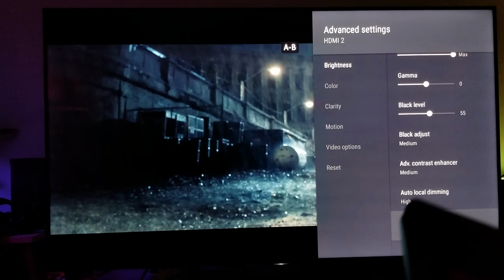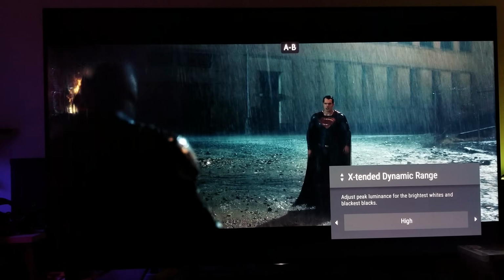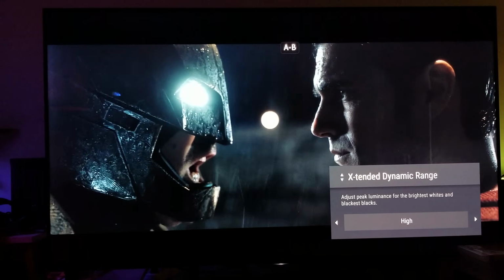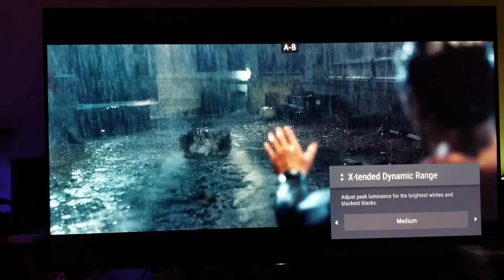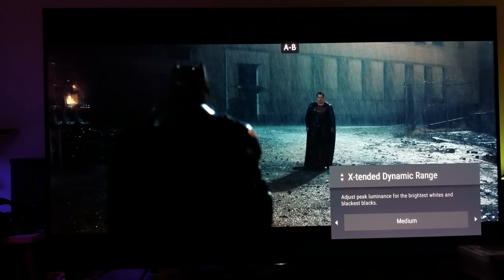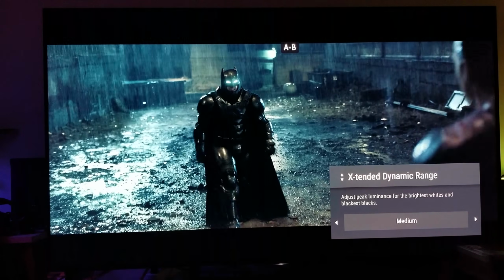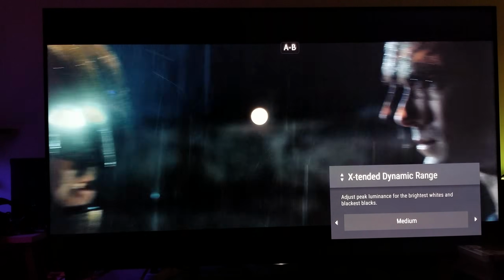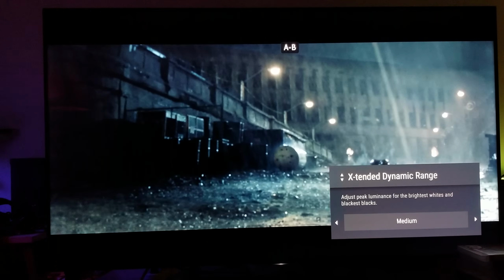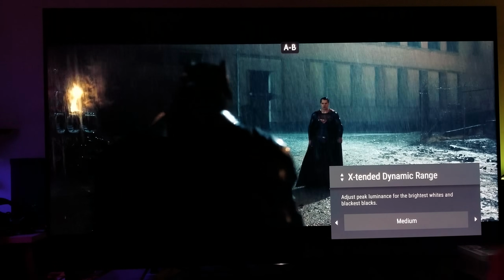Extended dynamic range. Honestly, I don't think for the movie we need to have those brightest whites or the blackest blacks. We can keep this at medium as well. The reason I'm doing this is because I'm trying to bring that same cinematic movie silver screen experience onto a screen. Remember, I'm calibrating this not so much for the detail, but more for the movie experience,